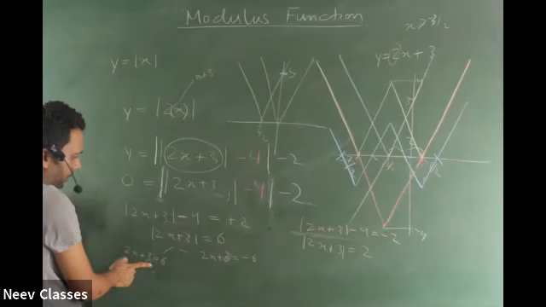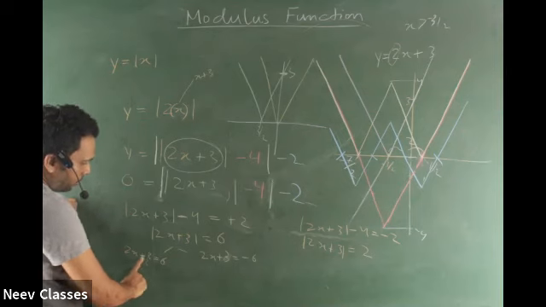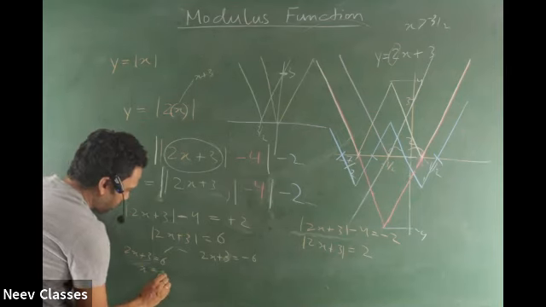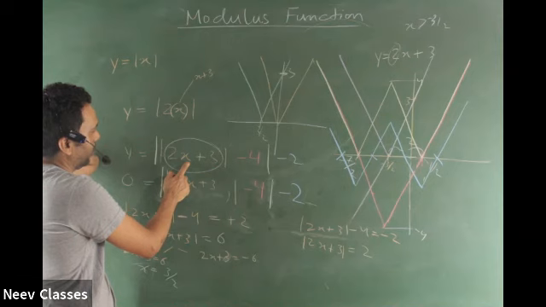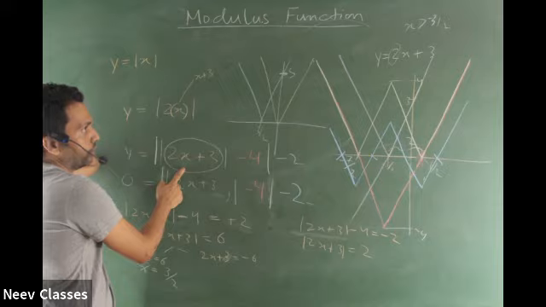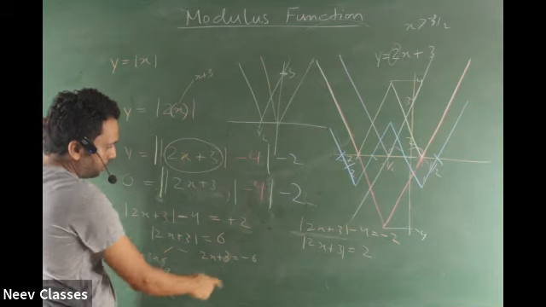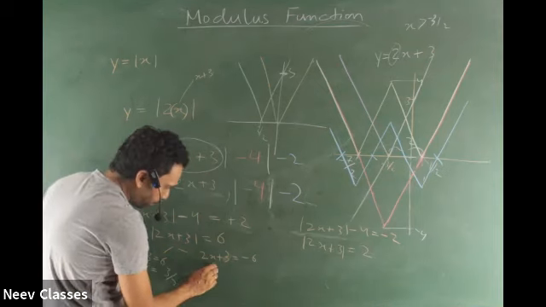So what will you get from this? You will get 2x plus 3 is equal to 6, means 2x is equal to 3, means x is equal to 3/2. That is one result. If you don't believe, you put 3/2 somewhere and you'll get y is equal to 0. You put 3/2 over here, 2 into 3/2 is 3. 3 plus 6 is 6... 6 minus 4 is 2. 2 minus 2 is 0. What will this give? So -1, minus 9, minus 9/2, -4.5.